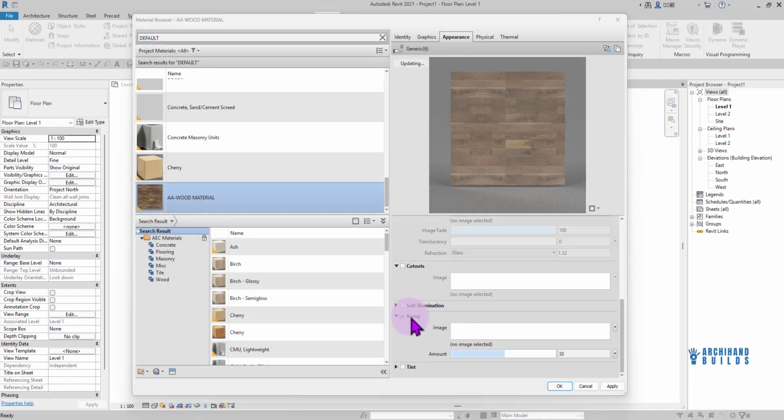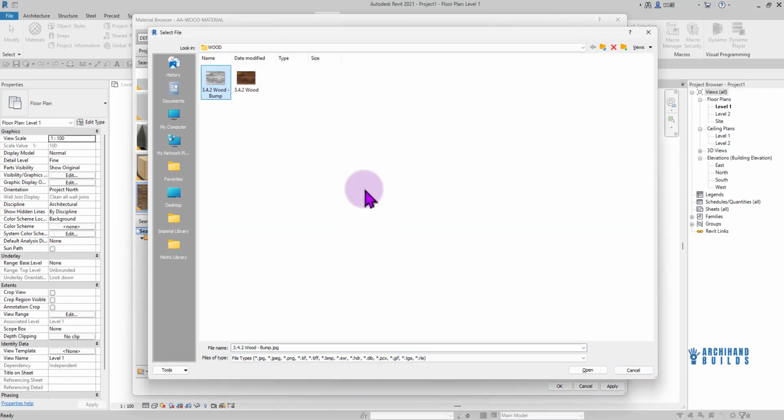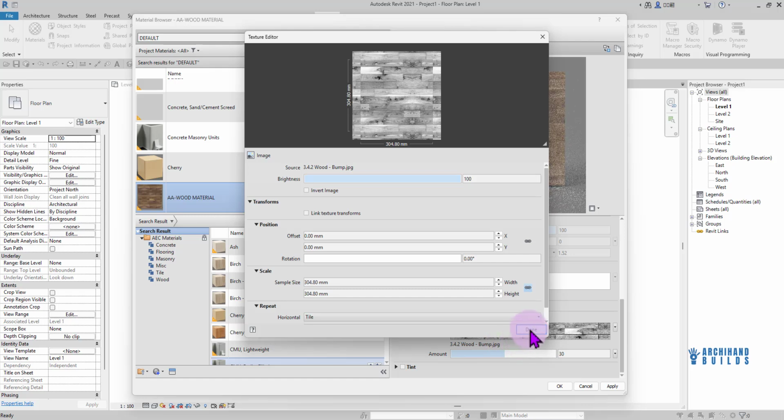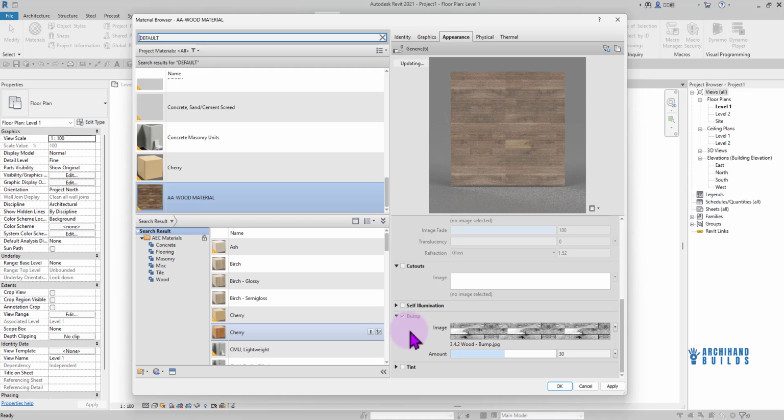And with the bump, I'm going to check that, and then I'm going to use this wood bump image I have in there, and then I'm going to load that into the software. So I'm going to click on done, and then it's loaded up into the software. So we can decide to add a bump in there. Now you notice our